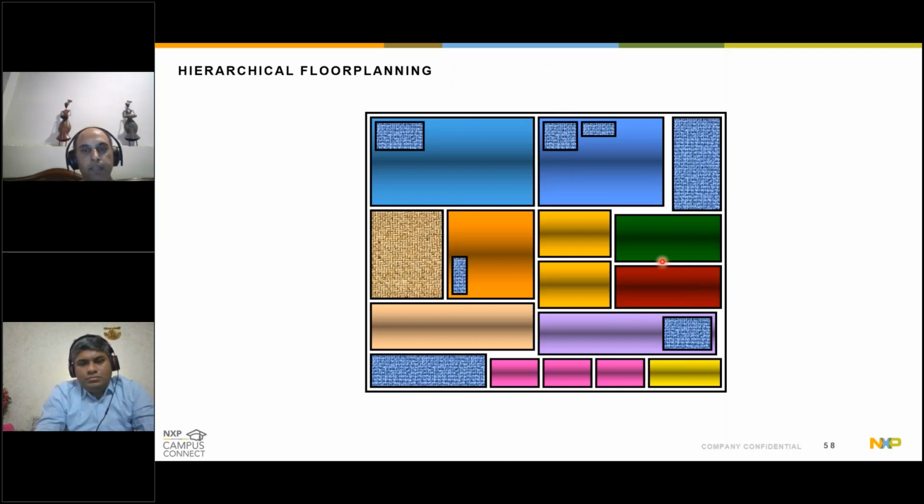Different people may be building these physical hard macros or physical partitions, and someone will stitch all these physical hard macros together to give it the shape of a chip top, a chip top model in the physical world.